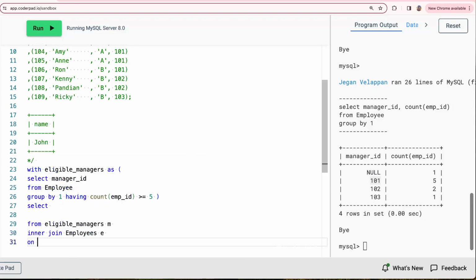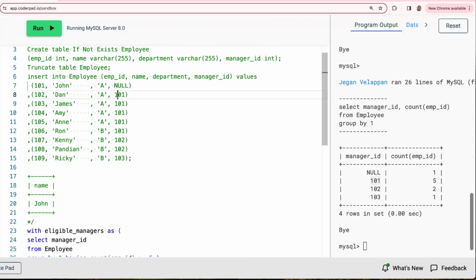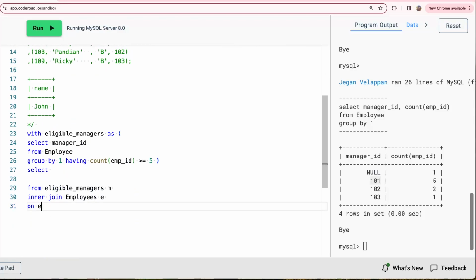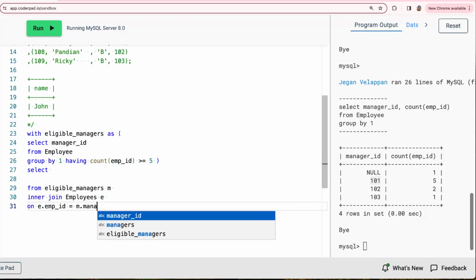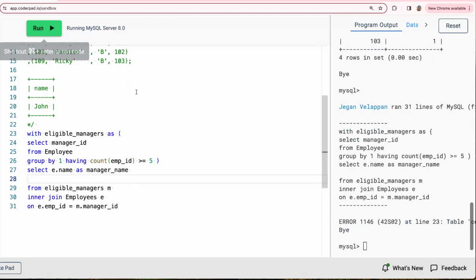employees. So how will you connect the eligible managers to get the name? We connect the manager ID to the employee ID. So employees table dot employee ID equal to eligible managers dot manager ID. Now we connect the table. To get the name, we have to use the employees table dot name as manager name, right? And when you run this,